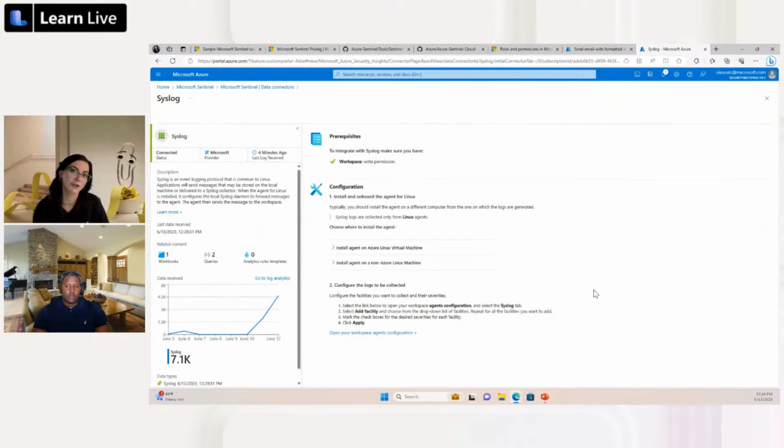And the other way for log collection to happen from a third party is also via an API call. For that, you'll have to use a function. Most of our third-party connectors already have the function created for you, so you just have to deploy that function in your Azure environment and set it up. I can give you an example really quickly, but for syslog and CEF collection,